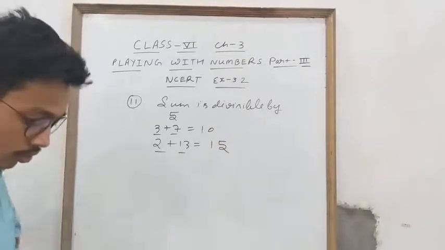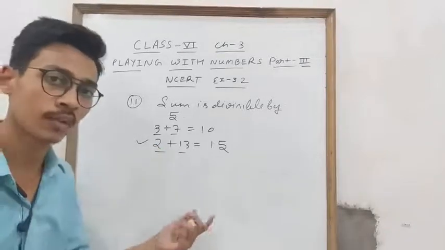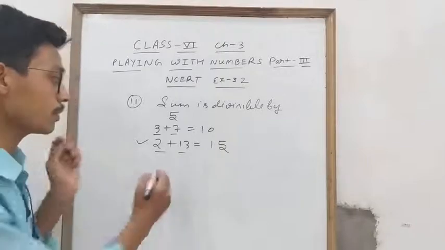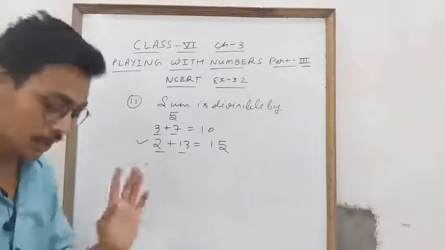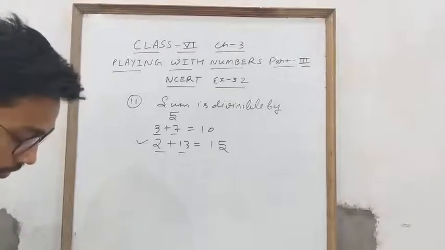Clear student? So you will make the next pair. One pair I explained, this is 2 and 13, and the next pair you will do yourself. Clear? And the numbers in the pair should be less than 20. Okay student? So next question is fill in the blanks. You will do it yourself. Now come to 3.3 student.